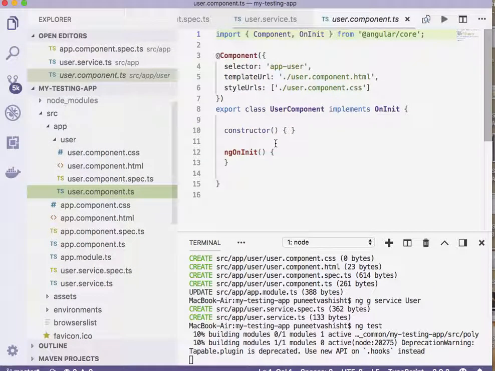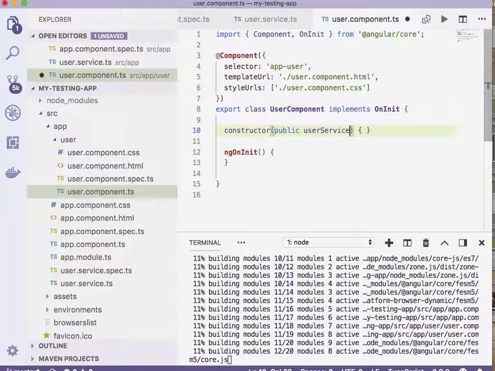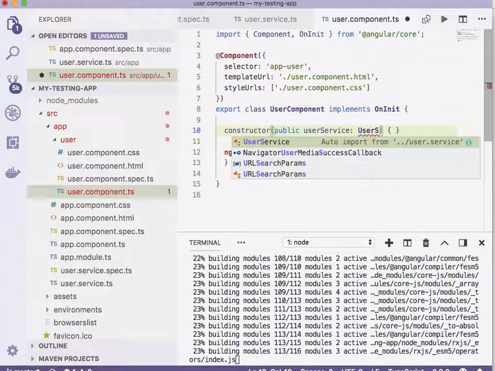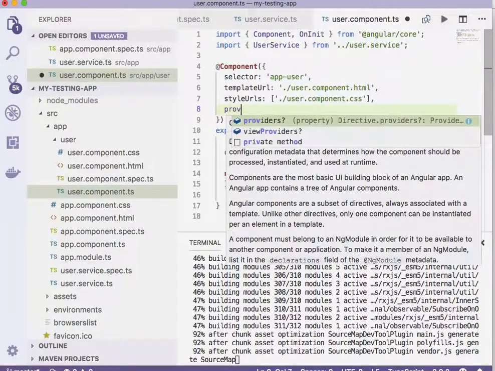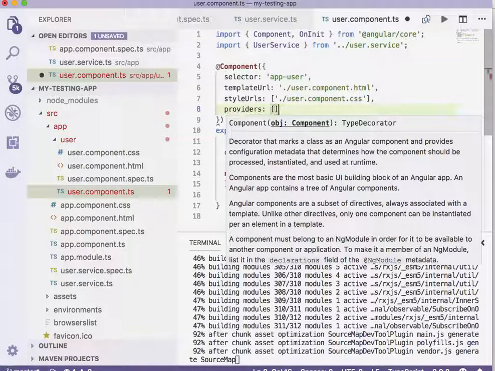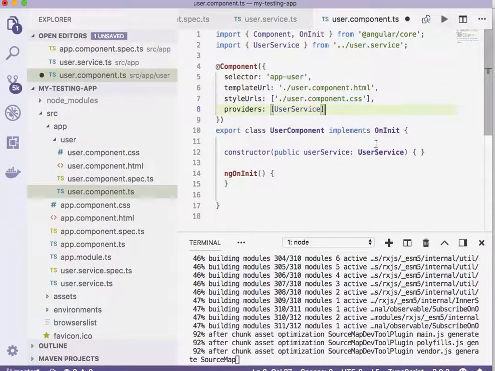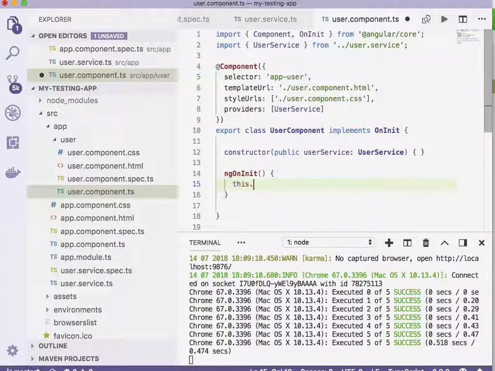And I'm going to go down to the TS file right here. We'll dependency inject this user service. So I can just type in here userService of type UserService, and maybe I can just declare the provider here because it's going to be sufficient for this component at least. So just type in UserService, and so we have the user service dependency injected. Then somewhere here in the ngOnInit method I'm going to simply write this dot